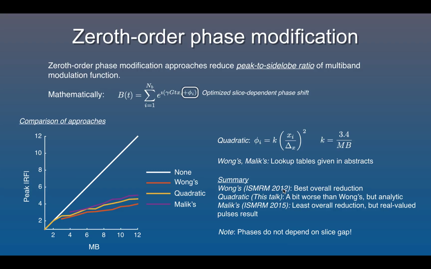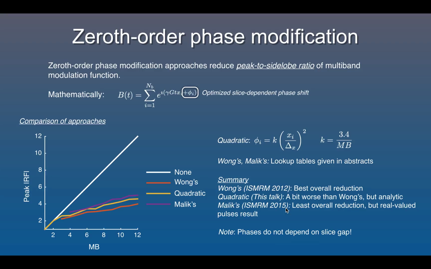Eric Wong had one at ISMRM 2012 where he numerically optimized the phases given a multiband factor. You can also just use an analytic expression. That's what I'm going to introduce in this talk, given here, where you take the phase as equal to some factor k, which I calibrated empirically to be 3.4 over the multiband factor, times the normalized slice location squared. And then Shai and Malak at the last ISMRM constructed phases numerically, did numerical optimization to get the phases,